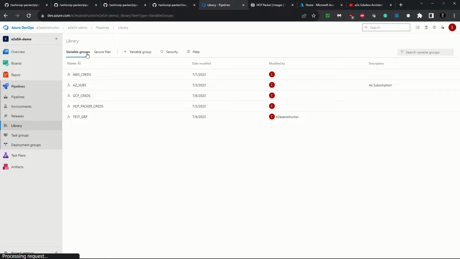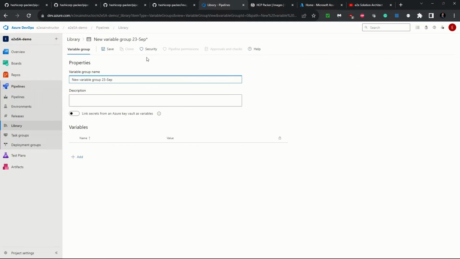Variable groups means a group of variables. You can create multiple variables and tag them to a single group. It is as simple as that: you click on create variable group, give a name and description, which doesn't matter, and add the variables here. At this point I'm not creating one, but let me show you how the existing variables are created,